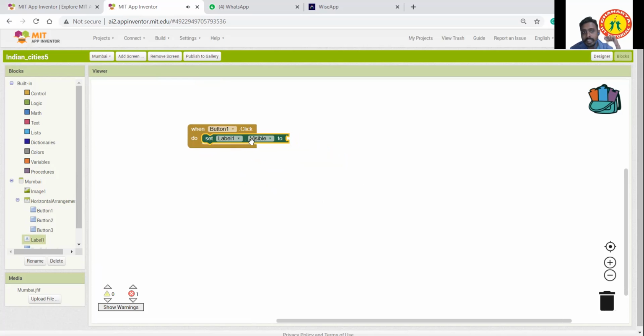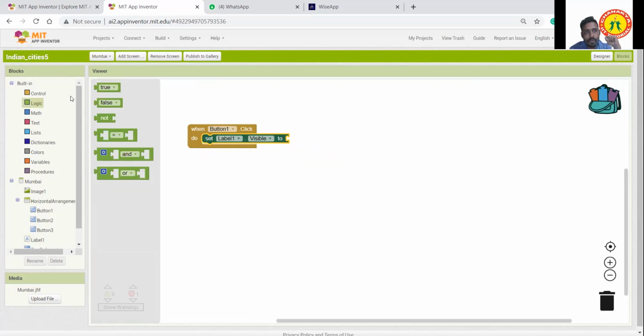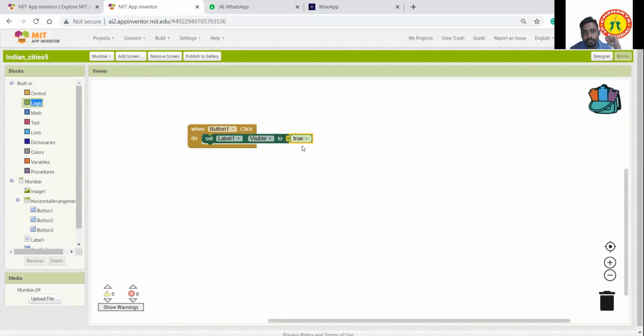We want to set label visibility true. Click logic, take this one, true, and place it here. If you want to make it visible, use set label visibility true. If you want to make it invisible, use set label visibility false.